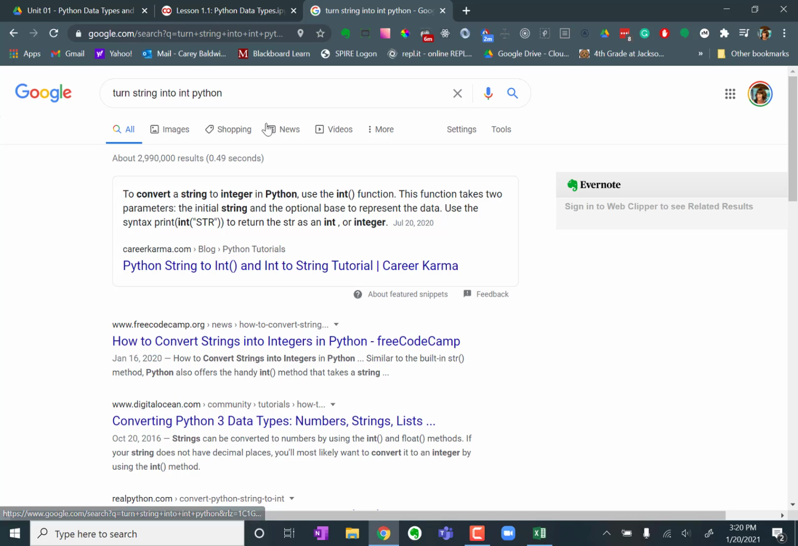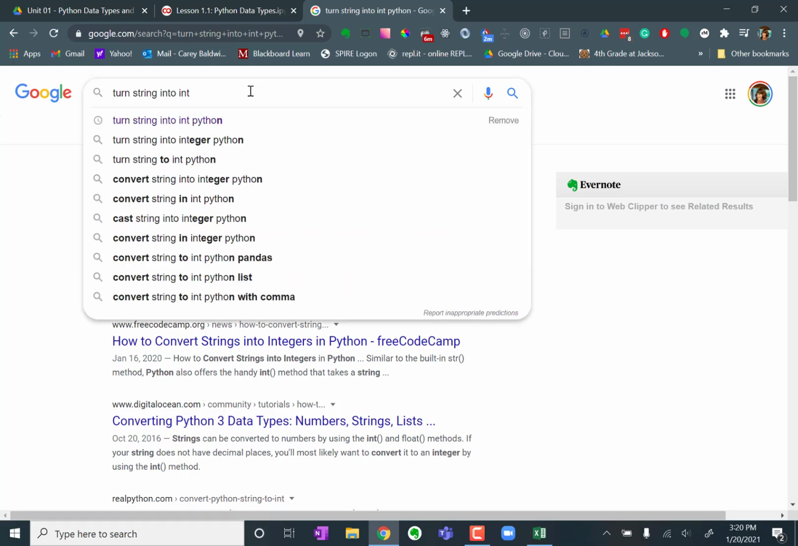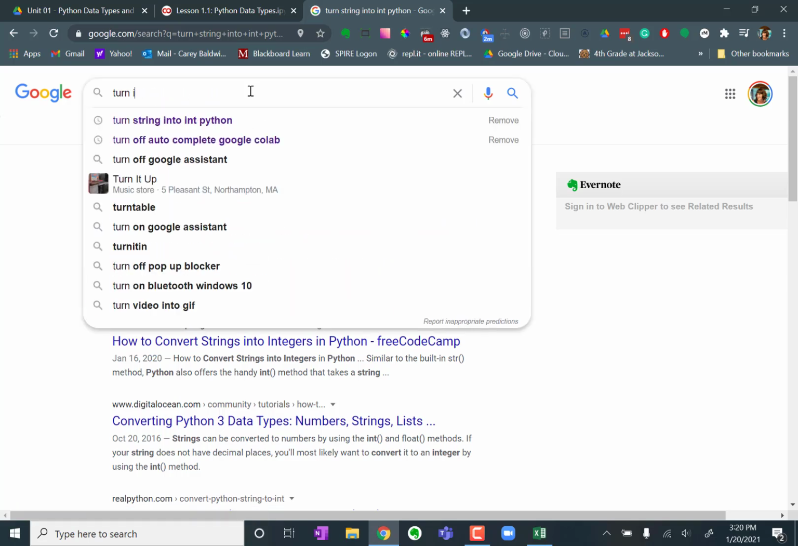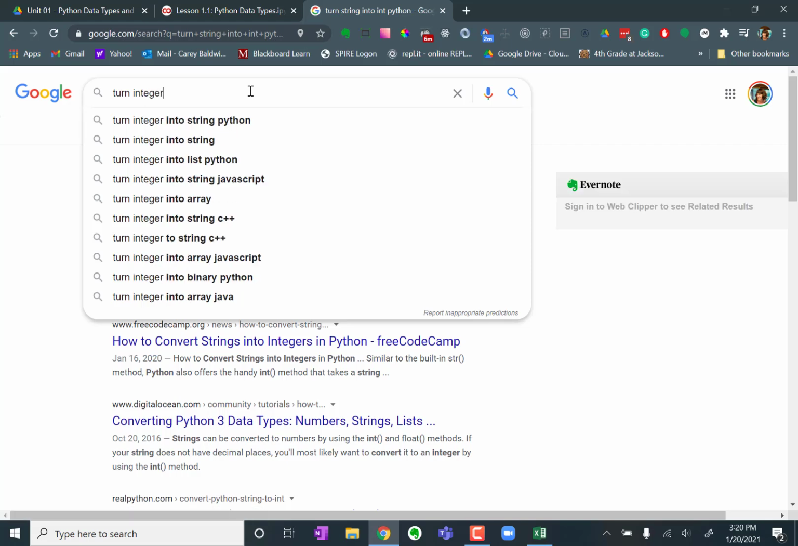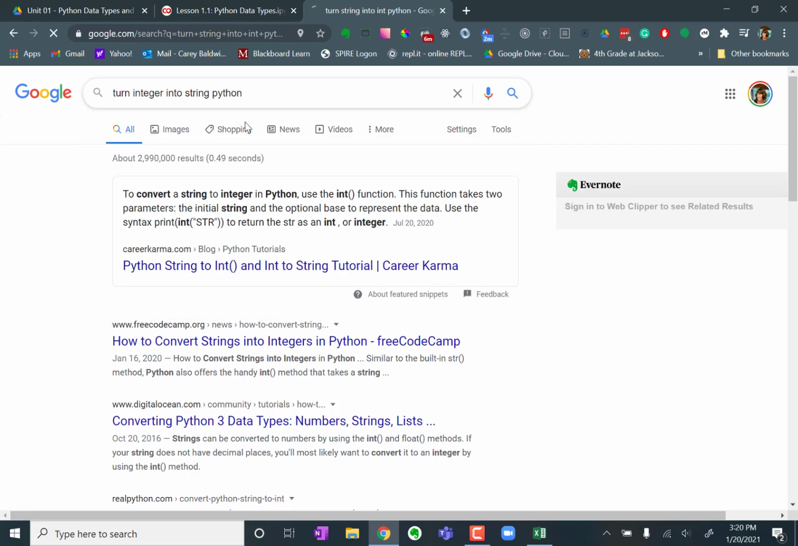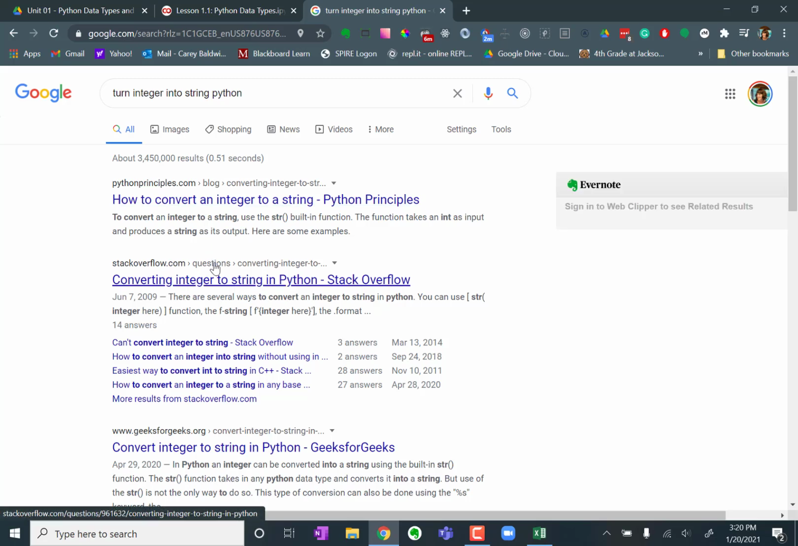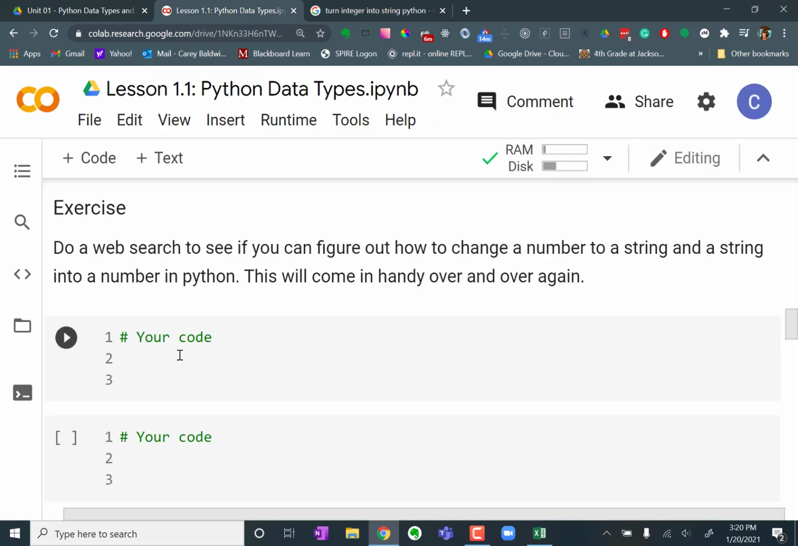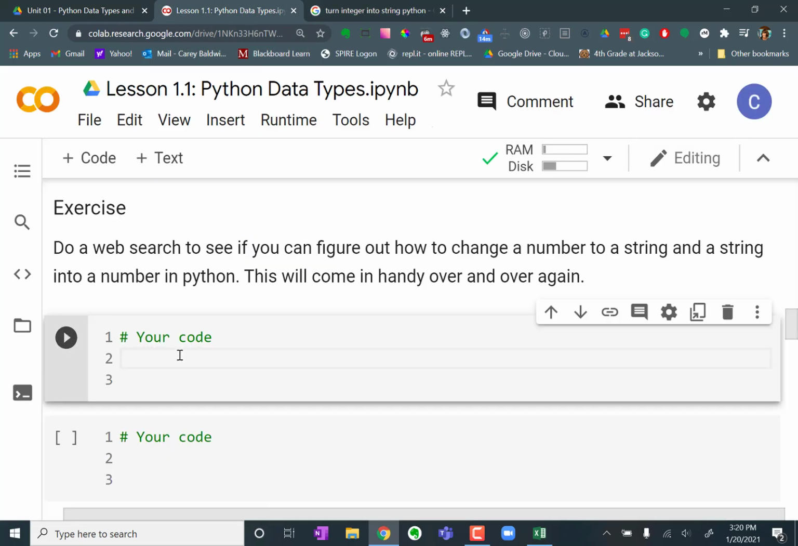And let's try: turn integer into a string in Python. There's a str function. I don't even need to click into these pages to find out those methods. So let's just give that a try. Let's say q equals